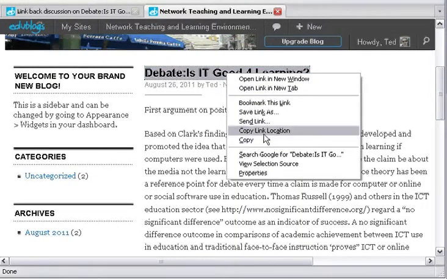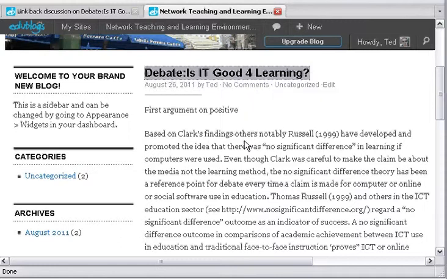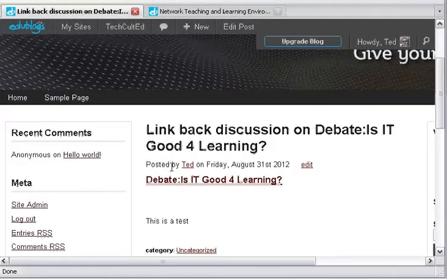control click on it if I was on a Mac, I can get the command copy link location. It's got to have a link behind it. But I'm actually not going to use that. I could if I wanted to, because it'll just be an address. But if I copy it itself and go to a different blog, I'm just going back to this blog here